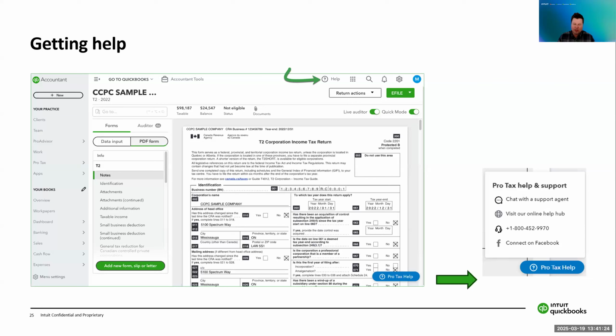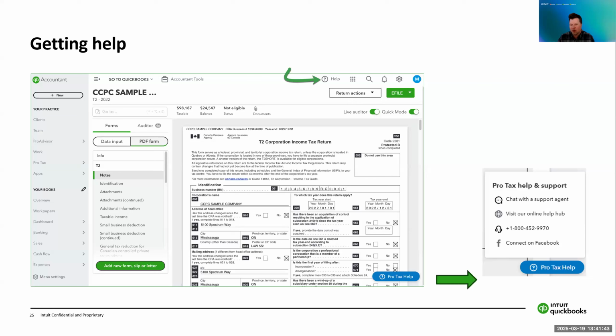So when you click on that blue bubble, you have different support options. You can chat directly with a support agent. If you're used to doing it via chat, you can call ProTax and get support there. You can also visit the online help hub, and you can also connect on Facebook.